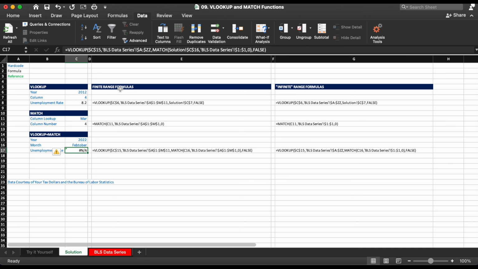These are both extremely useful functions, and we will continue to build on these in future sessions, particularly the match function. So to sum everything up, the VLOOKUP and match functions are extremely useful when you need to find data in large data sets that is at the intersection of a specific column and row. You can count on this session to help you understand how the VLOOKUP and match functions work, both individually and together, and how they can be used with a real-world data set. And let's keep taking your spreadsheet knowledge beyond what you thought was possible.